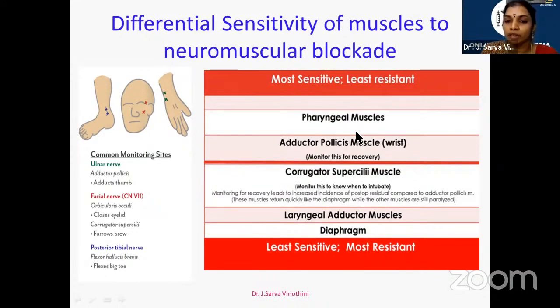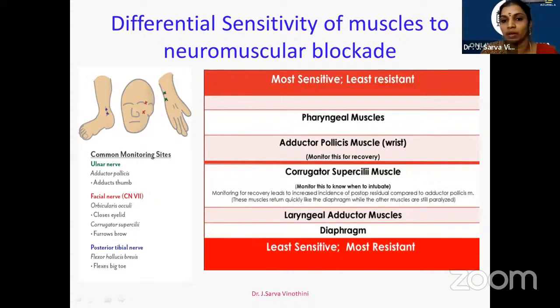The clinical significance of this is even when all this has recovered, even when the patient is able to hold his hand, the patient is able to generate hand grip, the pharyngeal muscle might still be blocked. This will lead to a pharyngeal incompetence and the microaspirations that are the major problems of your residual neuromuscular blockade